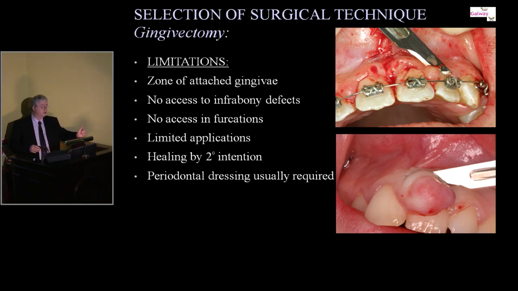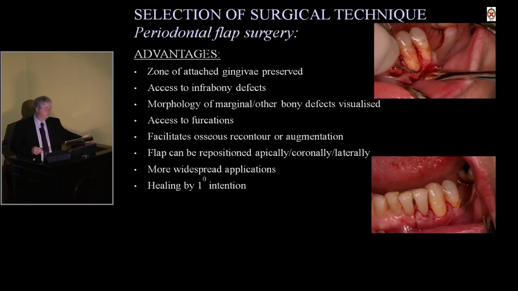There is, in the gingivectomy, no access to infrabony defects, no access to furcations, and as a result, there are more limited applications. The healing is largely by secondary intention, in other words, granulation, and a periodontal dressing of some description is usually required. In contrast, the periodontal flap procedure, the advantages, well, we generally preserve most of the attached